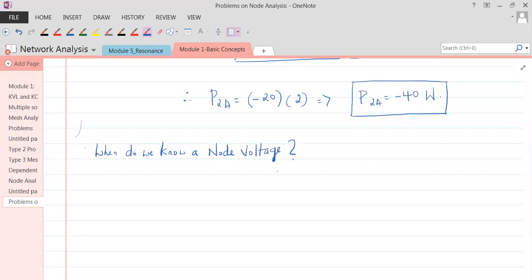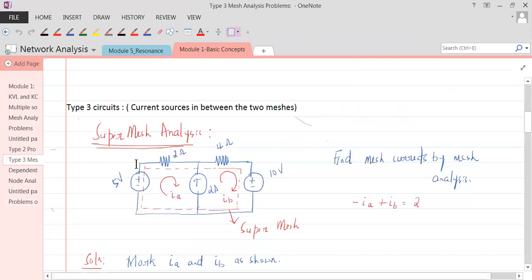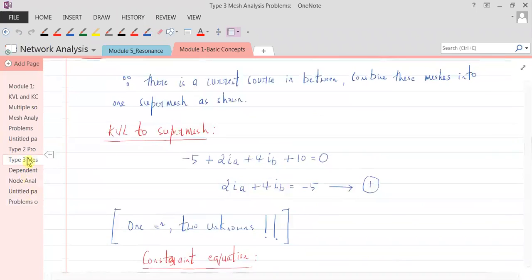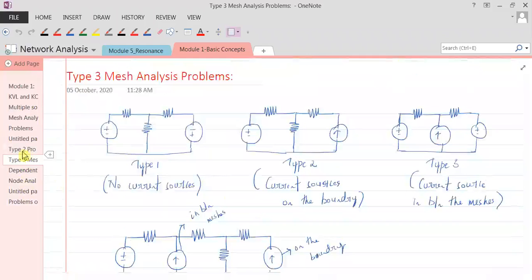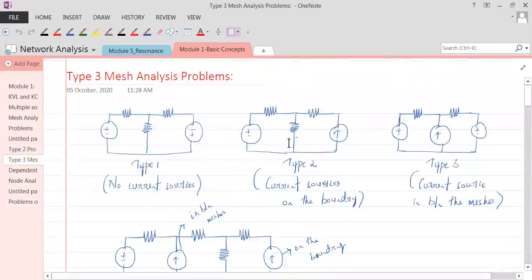We already have answered when do we know a mesh current. See here, not here. This is a Supernode. Fine. Now, in this type 2, if the current source is on the boundary of the circuit, we know the current in that particular mesh, right? So if I know a mesh current in this mesh, I don't apply KVL,